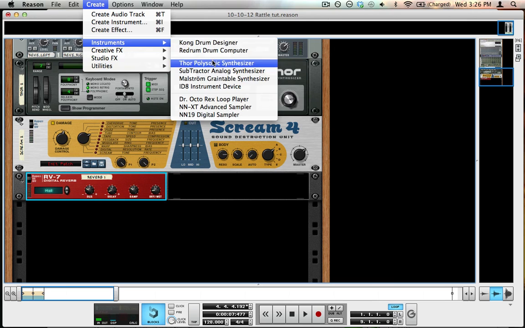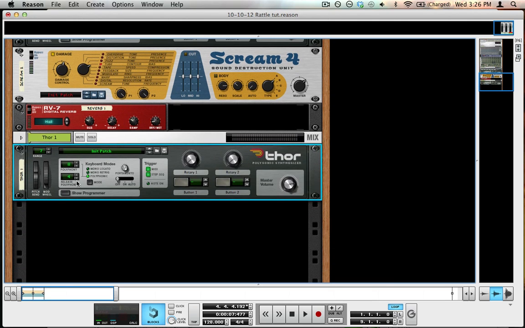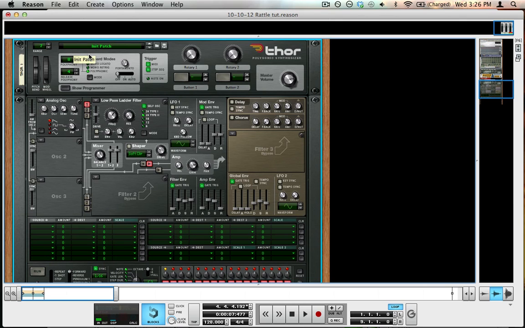To get started, we're going to go ahead and throw a Thor in here. Surprise, surprise. My Thor is initialized. Make sure yours is. I'm going to choose a wavetable oscillator for our first oscillator. I'm going to turn this filter envelope off and boost up the sustain. This is just sort of basic stuff that I do when I'm making synths. So now our note will be sustained as long as we hold it down, and our filter envelope won't be